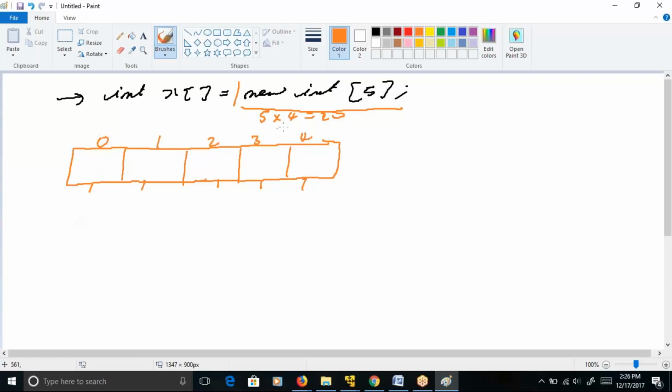Okay, now say suppose in the next statement you write something like this: x[2] equal to 5. It means you are asking your JVM to store 5, and where you want to store 5? On the element position number 2, right? So 0 1 2. So when this statement will be executed, your JVM will store 5 on this position, right? Similarly, if you say x[4] equal to